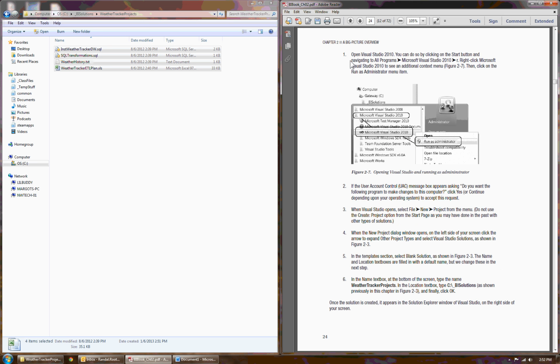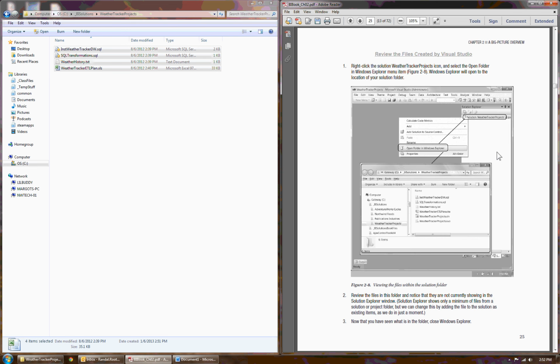So I'm going to ask you in this exercise to go ahead and open up Visual Studio. Make sure you run as an administrator. Once you're in there, you'll create a blank solution. The blank solution obviously doesn't have much in it. It just has a solution file. But the deal is you go through and add files